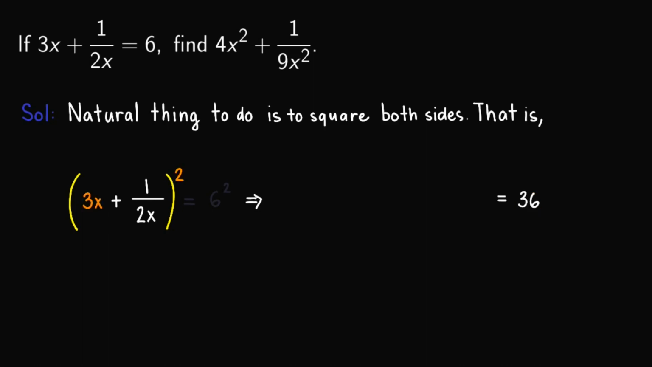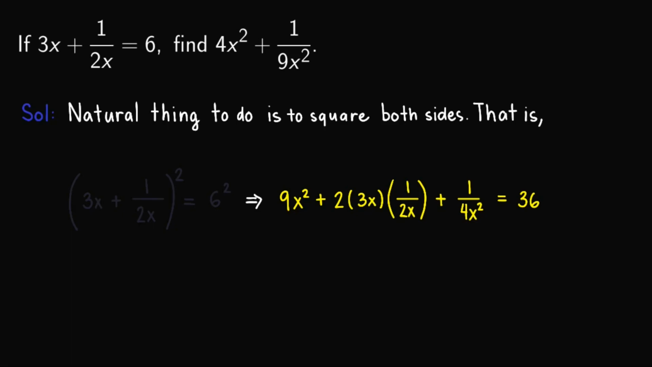So we square the first term, then we'll obtain 9x squared. Square the last term, we'll obtain 1 over 4x squared. And for the middle term, we'll have 2 times the first term times the last term. So we have this. But take note that in this one,